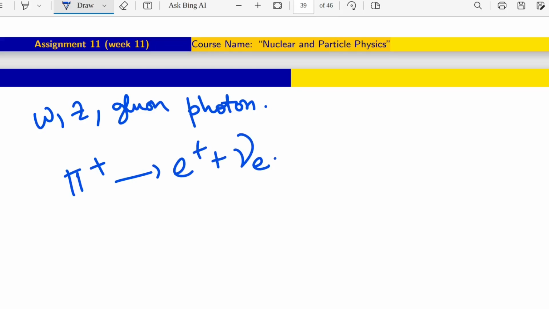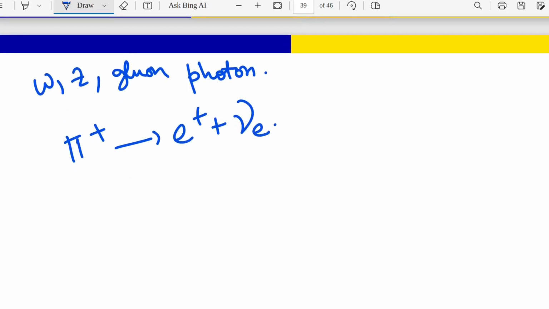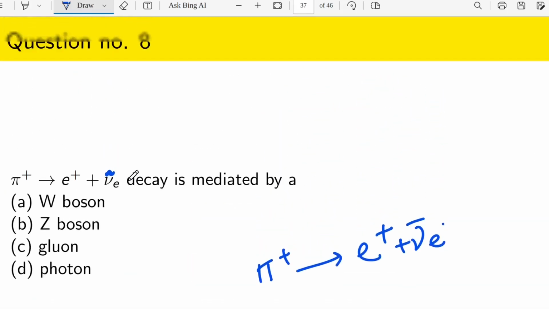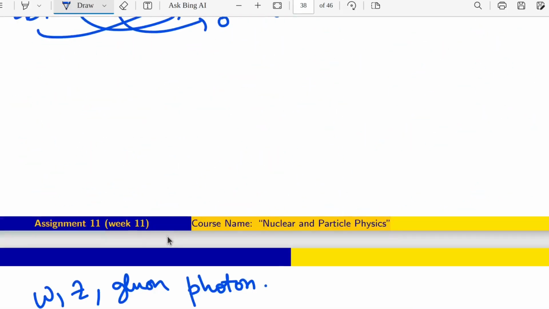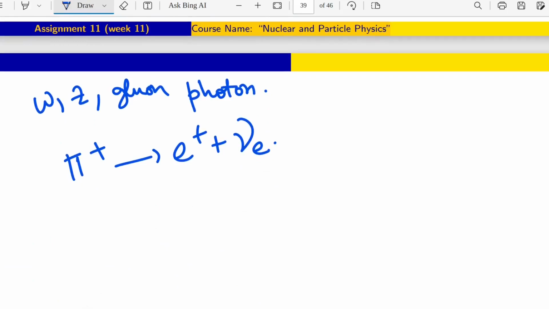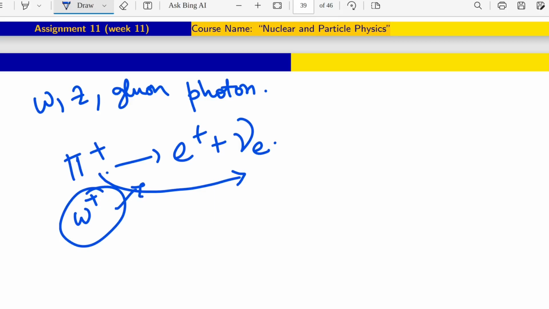Okay, now you can see that pi plus goes to E plus nu E. So the W boson. If it is W boson, then what will happen? Pi plus can go to nu E, right? So it will be mediated by W plus,